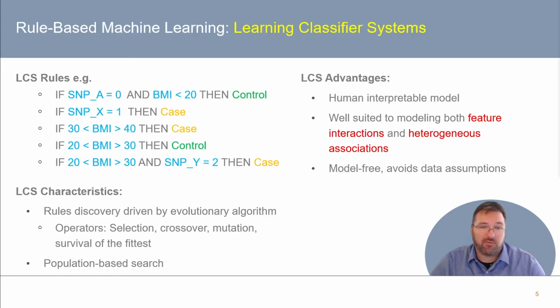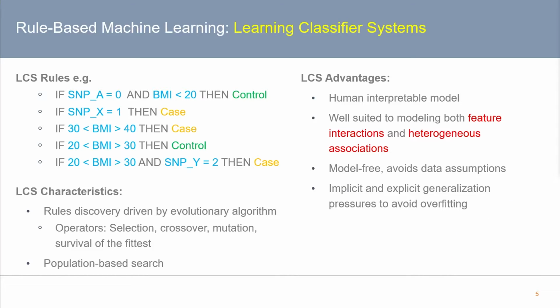Furthermore, LCSs are model-free, which means that they avoid major assumptions of linearity or any other classification boundary shape assumptions, as well as not assuming that all features should be included in the final model. Furthermore, LCSs conveniently utilize both implicit and explicit generalization pressures to help avoid overfitting. And they're also regarded as an adaptable and updatable family of algorithms, meaning that it's easy to improve the model with the addition of new data, without having to train the model again from scratch. And lastly, these algorithms are extremely flexible, in that they can be tweaked to handle all sorts of unique problems